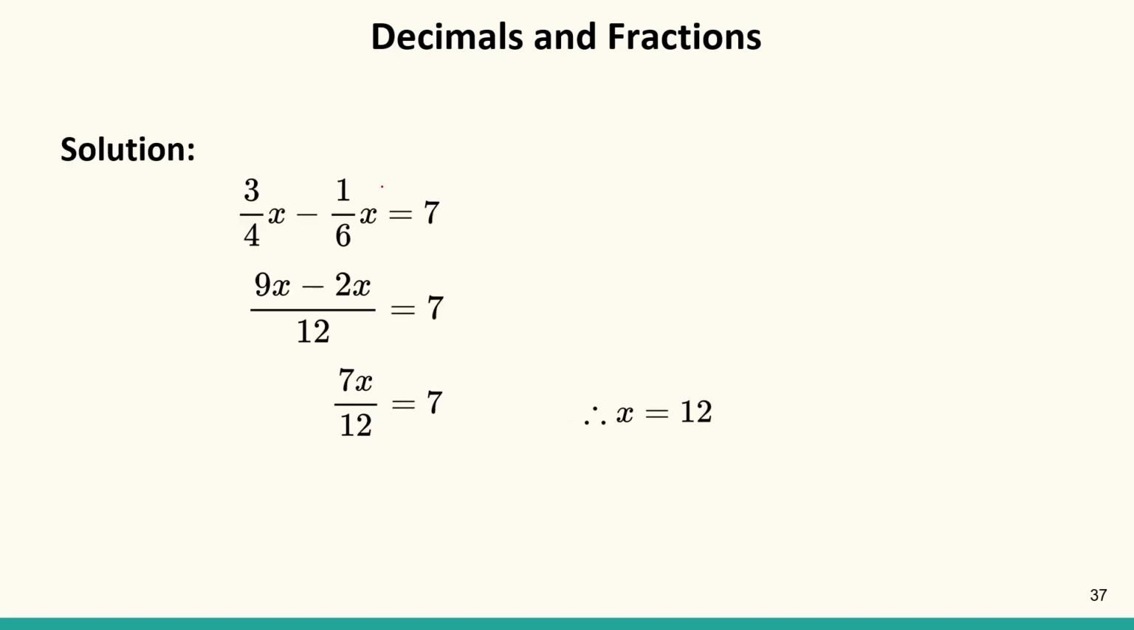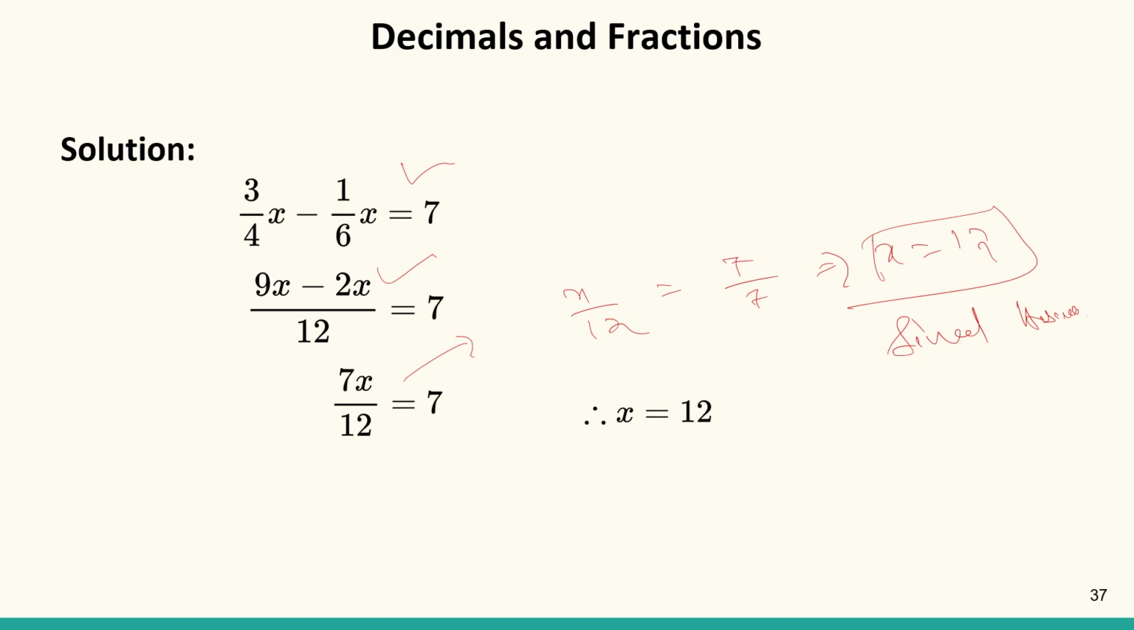Okay, they did the same right here. Okay, you can see, and then this. Okay, 9x minus 2x is equal to 7x. So what we did here was x by 12 is equal to 7 by 7. This implies that x is equal to 12. Okay, this was the final